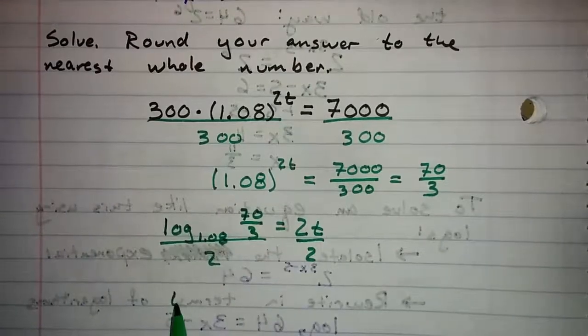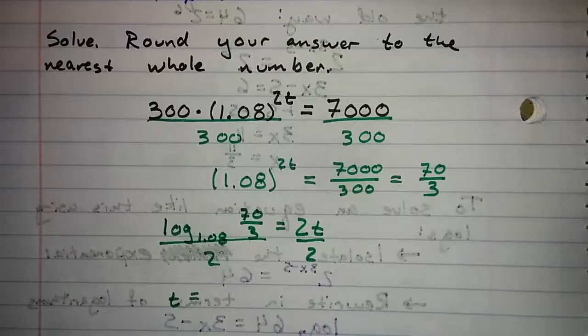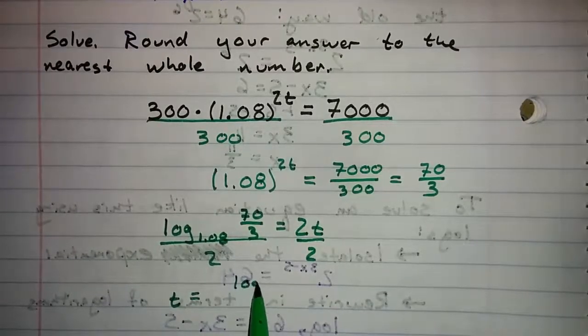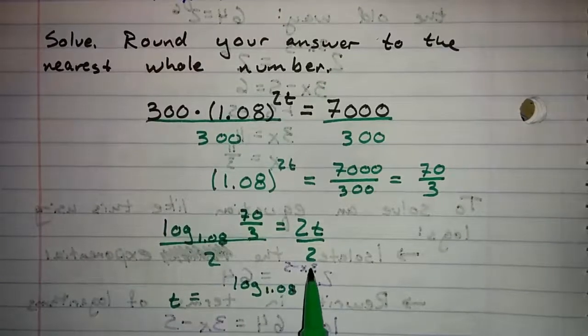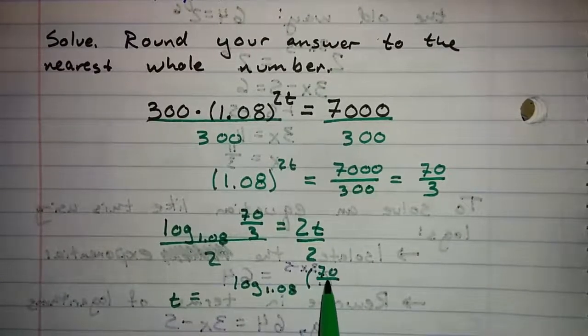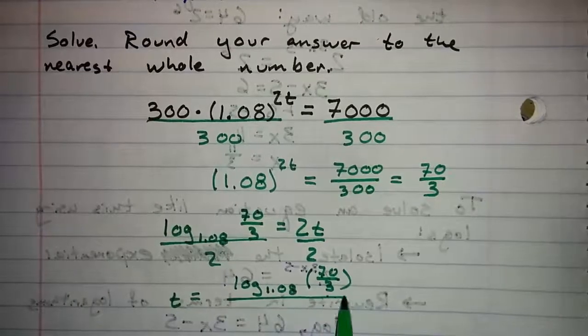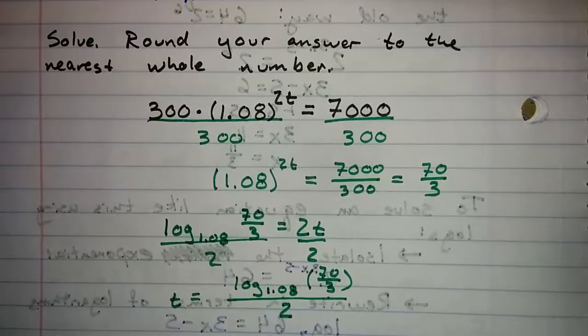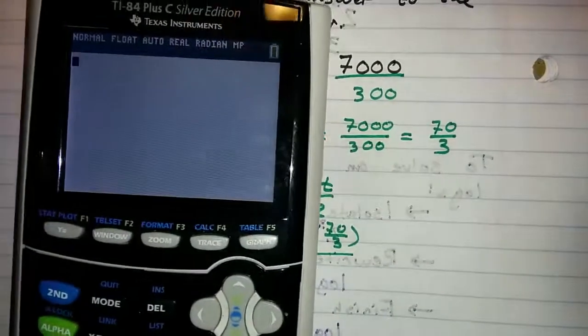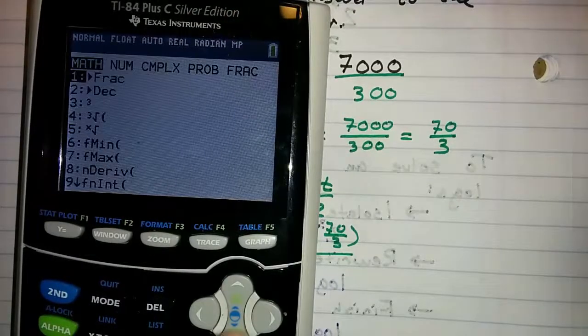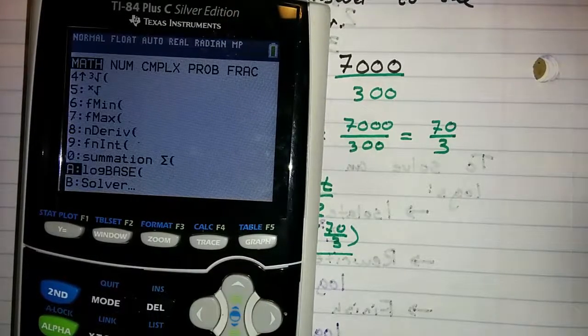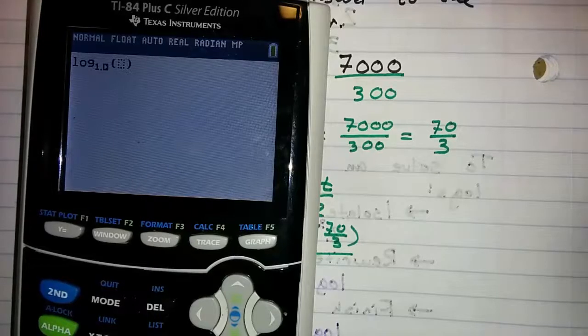So t is going to be the log base 1.08 of 70/3 divided by 2. Depending on my calculator, I'm going to enter that log either as log base 1.08 of 70/3